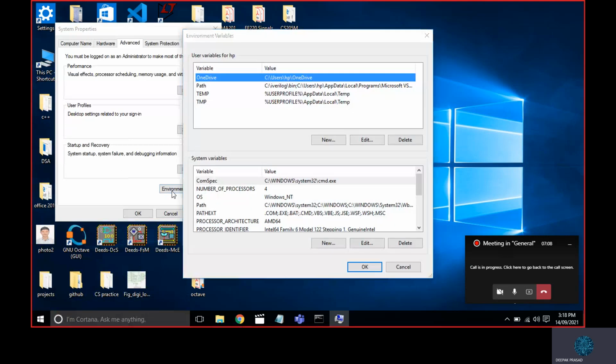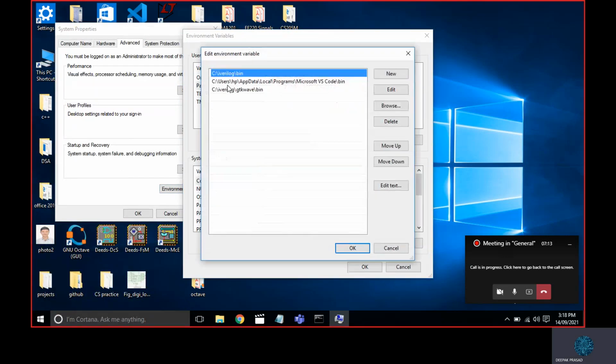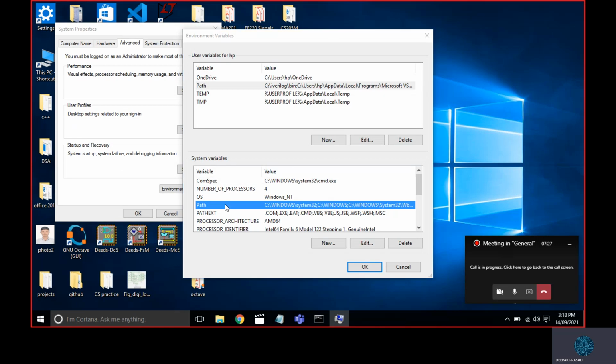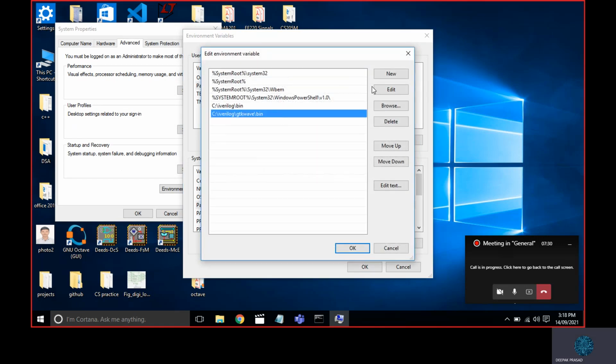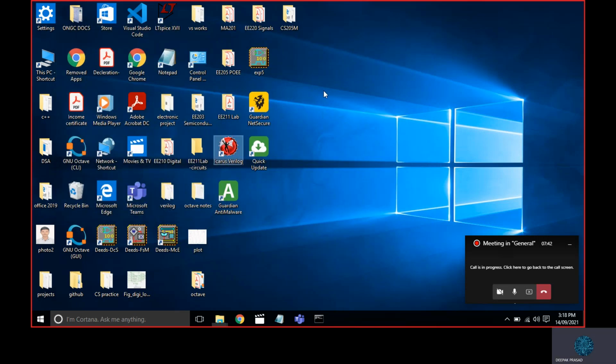Then go to environment variables, then go to the path, and by double clicking create a new one, and by Control V, that is, paste on this. I've already pasted, so I remove it. Then again go to the system variable path and again here new, then Control V, and by pasting it, I already pasted, so I remove it, and then by clicking OK, then OK.